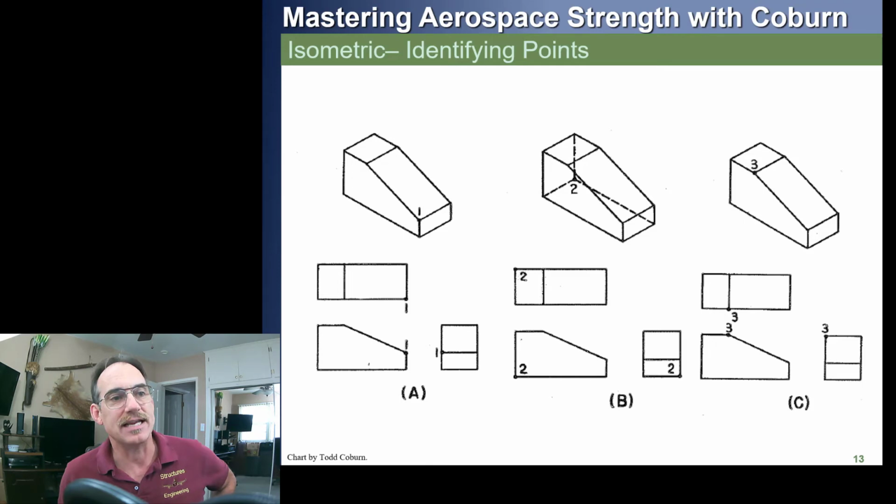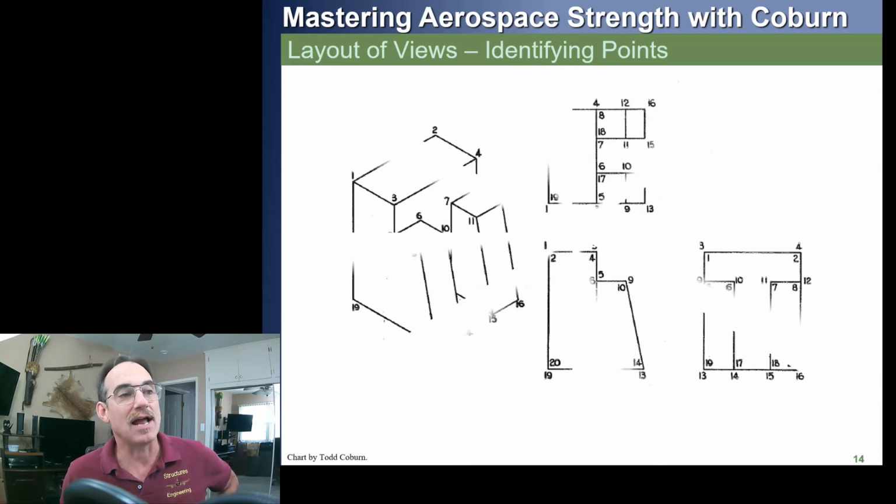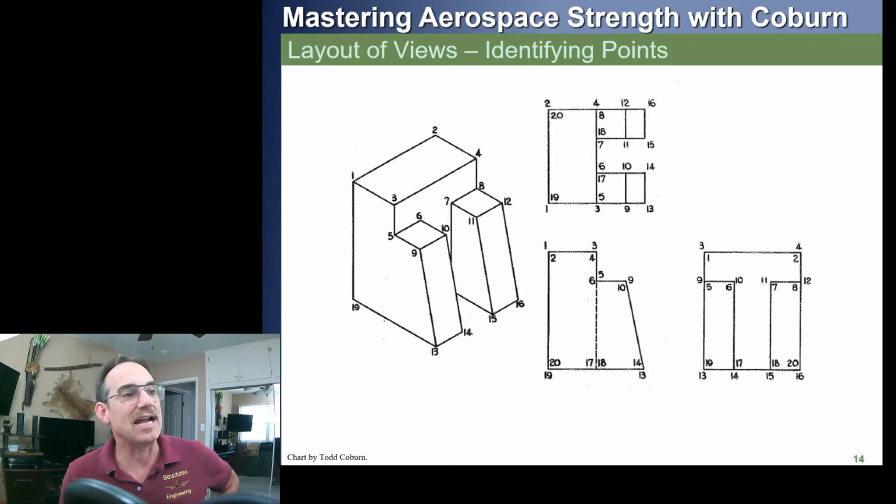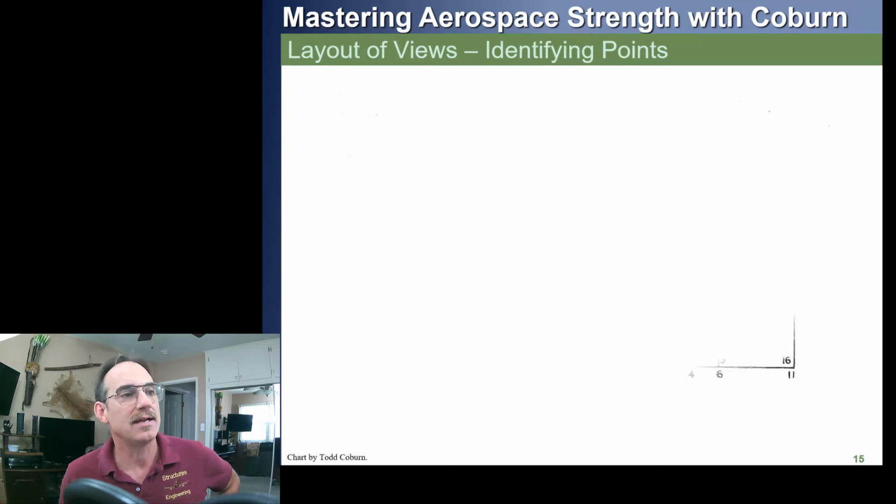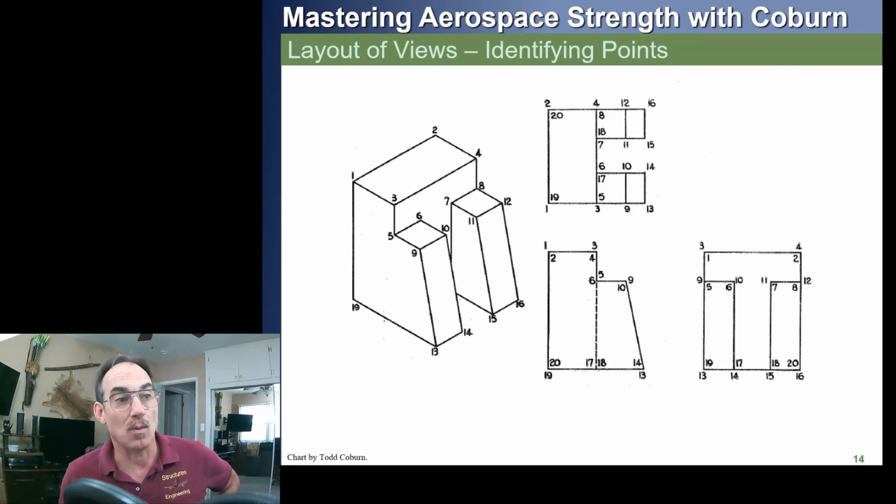Same thing you can see, trace out that point 3. This is really good practice. You can do the same thing for an isometric. If we have an isometric like is shown here, you'll see this point 1 is shown here, and looking from the top it's here, and looking from the right it's right here. I'll leave it as an exercise for you to trace out all these points and make sure you can see how these points,